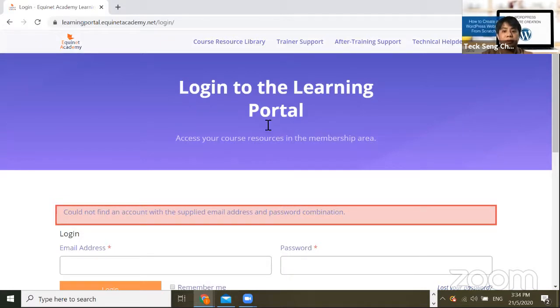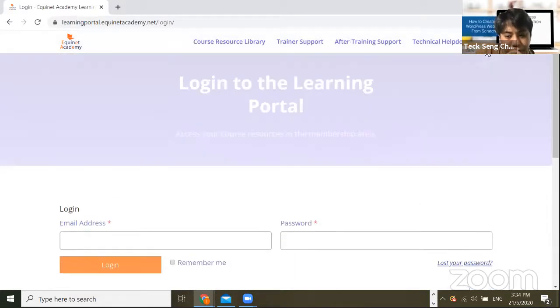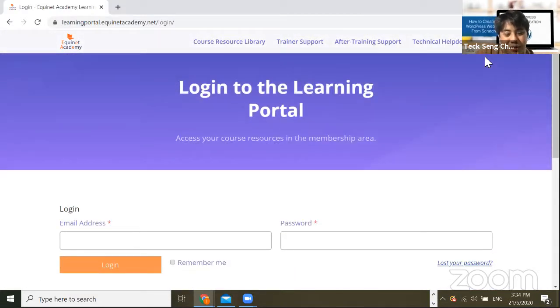Can you do a reset password? Or give me a while. Can you help us to reset the password? Can you help her to reset the password? I think I'll call her. Okay, Yifeng, I think my colleague will call you and then she will do a reset for you.